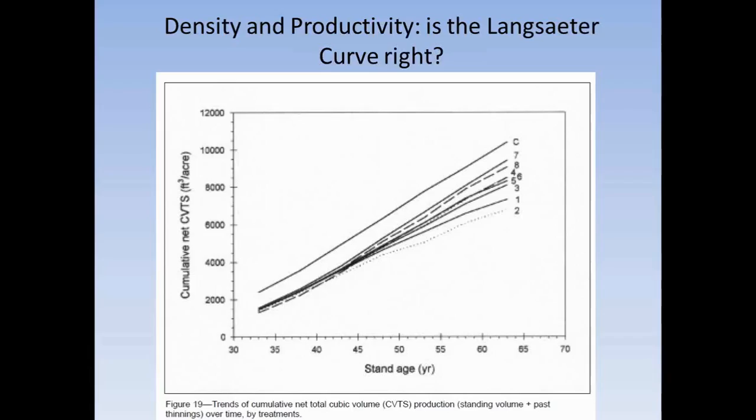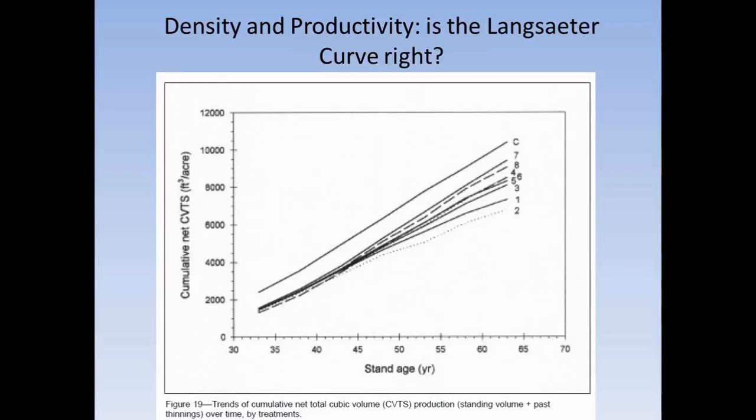How about that Langsaeter curve? Is there an area of density where productivity is about equal? This is a graph from a long-term study called the LOGS study. This is another study that Bob Curtis was very active in. It's called level of growing stock. And this study was basically repeated thinnings to maintain a certain level of growing stock, a certain density per se,